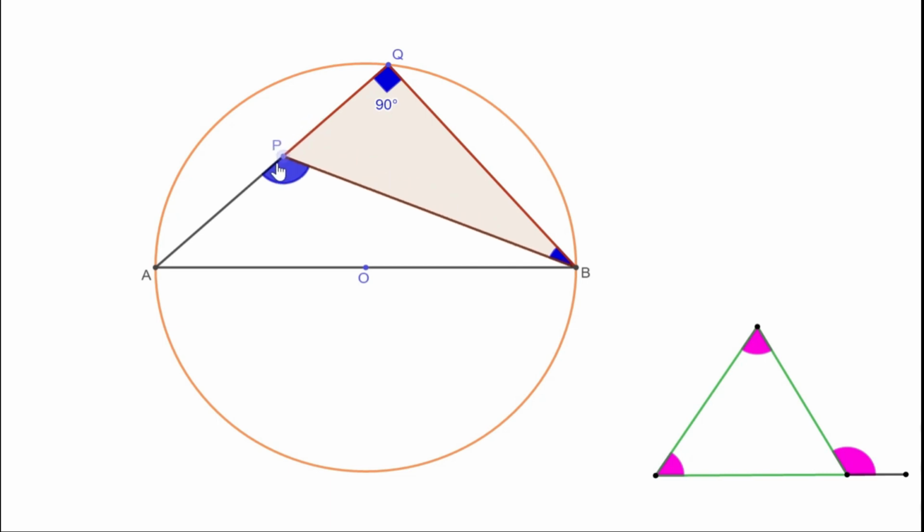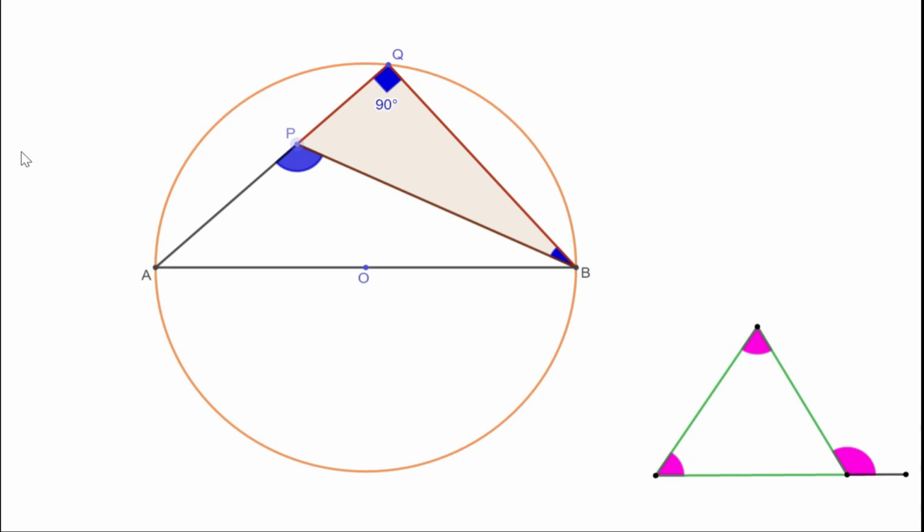We don't know what exactly the measurement is. As the position changes, the angle may vary. As you can see now, the angle is different when the position changes. But we can say one thing, that it is always more than 90. That means when the ends of a diameter are joined to a point inside the circle, the angle is always more than 90 degree, or we get an obtuse angle.